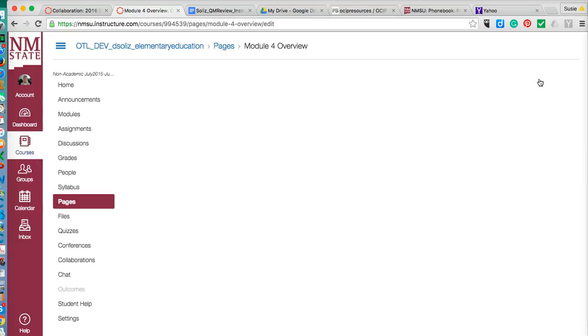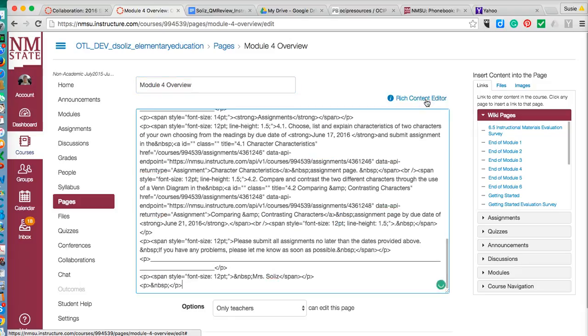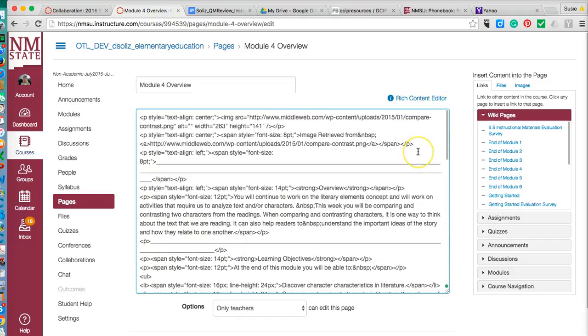it's loading, and here's the page. And you usually work in this view, but here's the HTML code that's behind this page view. So this is where I'm going to go. And I'm down at the bottom of the page, but I know my JPEG is at the top. So here I am, and it says I have aligned center and image source. This is where you got the image, and here's your alt text. So in between, alt text equals, and this is what the screen reader will read,